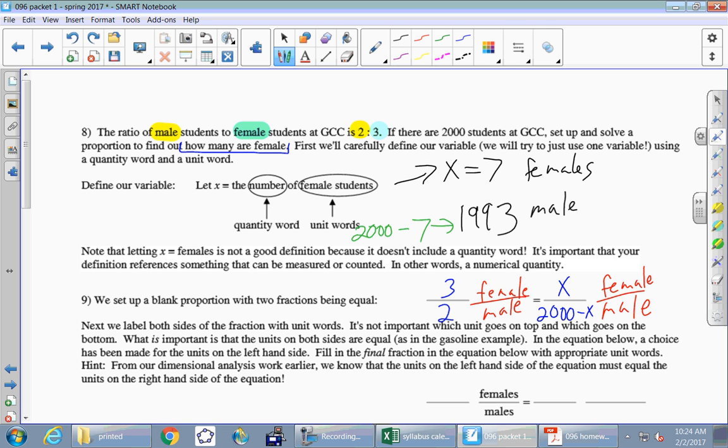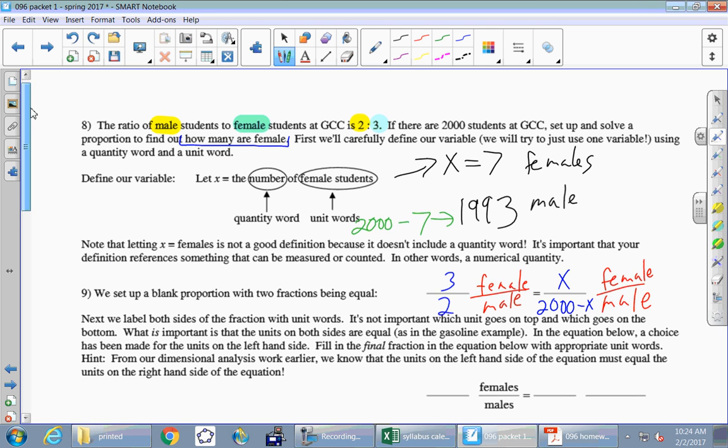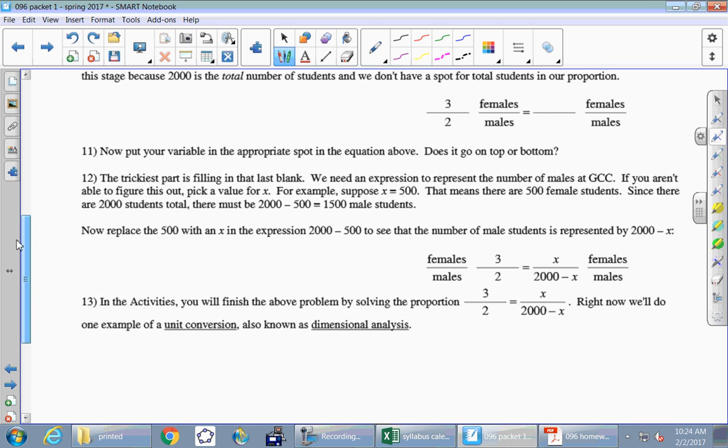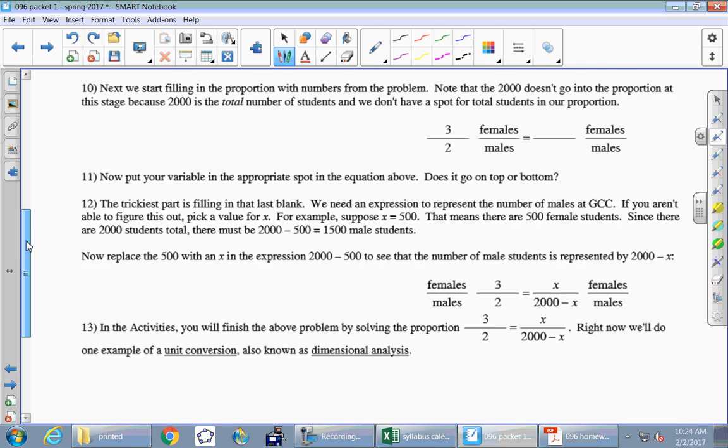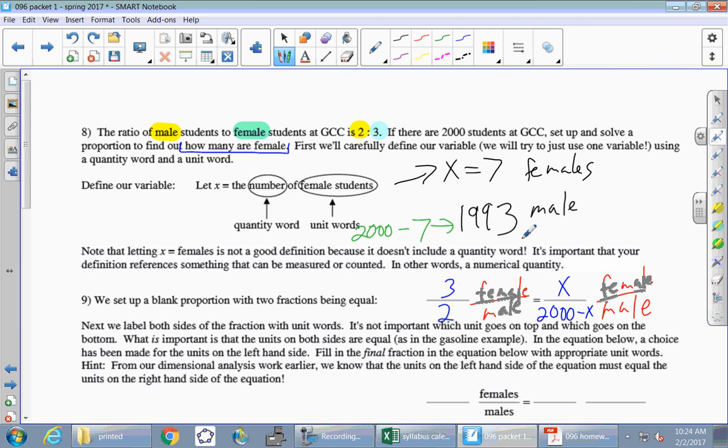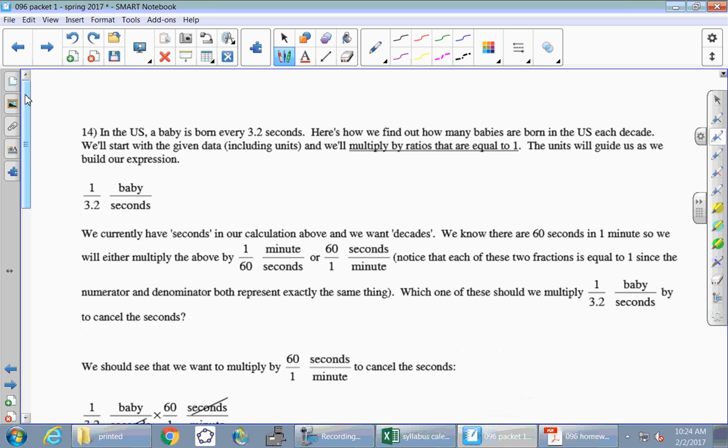All right. So the rest of this page is just a more formal write-up of what we said, but I think we're ready to move on to the next problem. You're going to solve this proportion in the activities. So you will find X, but you'll do that in just a few minutes. And let's try number 14. It